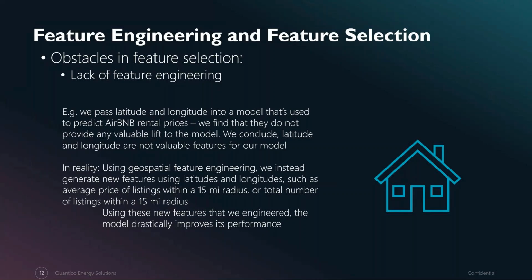In this case, you could do some geospatial work and generate new features where you draw a radius around each latitude and longitude coordinate, find all of the other listings that are within that radius, and average the price of those listings, or just count up the number of listings within that radius. These new features that we've engineered, technically, they're just using other features that we have already, but we're combining them in such a way that it's easier for the model to pick up the concept that we're trying to pass. In this case, the concept that we're trying to pass is, what is the competition in the area? Because that competition is likely going to determine or have a